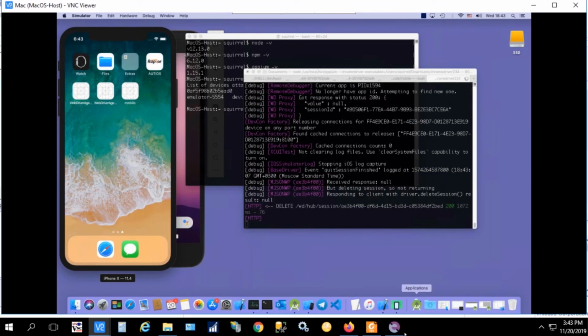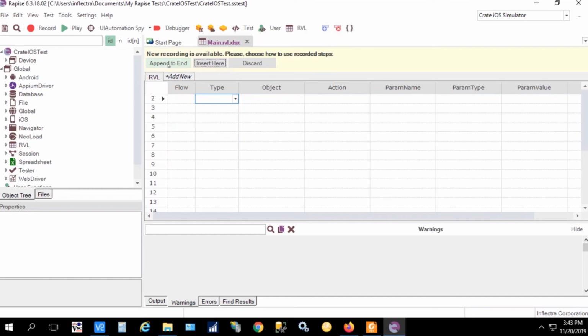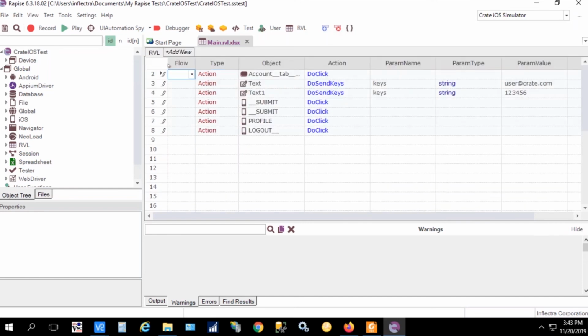Actually, Appium is used under the hood by different frameworks and different test automation tools. Test frameworks are usually used by developers who prefer to program in some language, for example, Java or maybe even PHP, that have bindings for Appium. As for testers, they prefer to use test automation tools because test automation tools like Rapise provide object repository, codeless